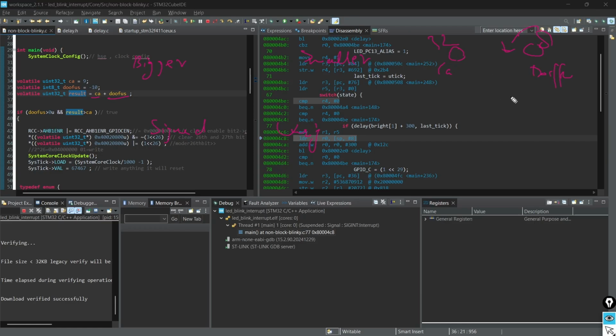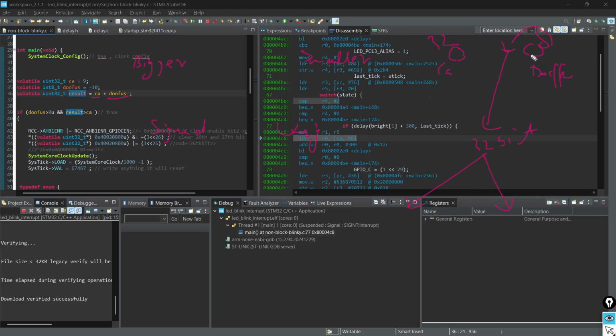But you need to be careful with the integer promotion. Since CA is unsigned, it doesn't promote itself. Here, this is 8-bit, and this promotes itself to 32 bits. But there are two types of promotion: signed promotion and unsigned promotion.